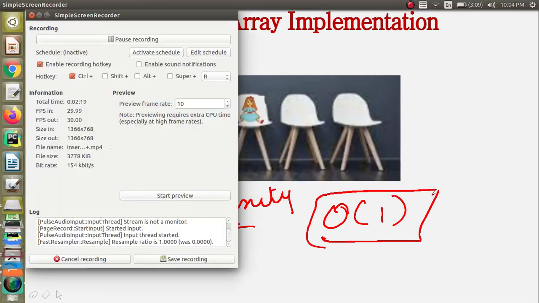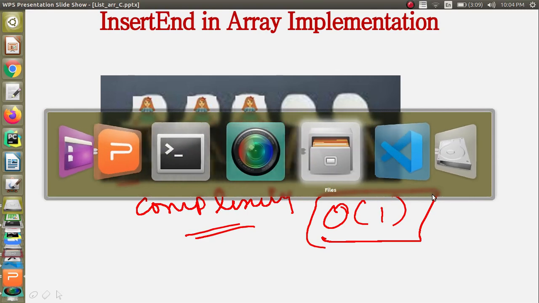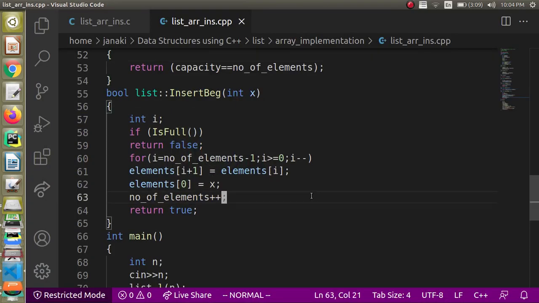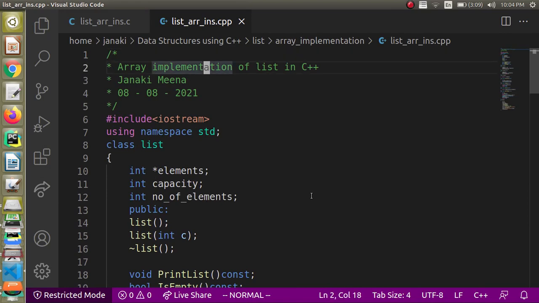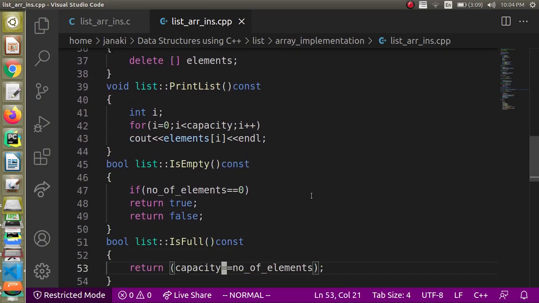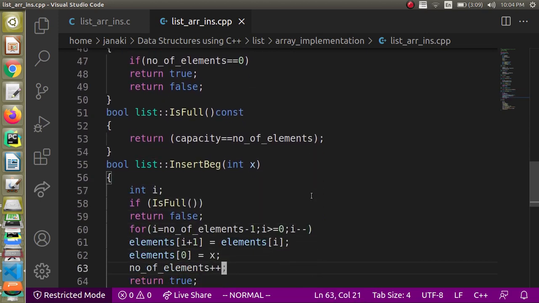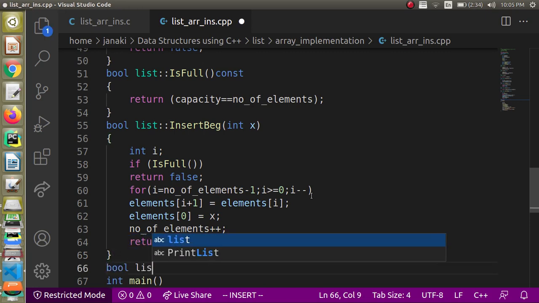Now let us try the implementation. This is the class that we are developing. We have got constructors, destructors, and so on. All other functions are there. We are going to now continue adding a new function, insert end.